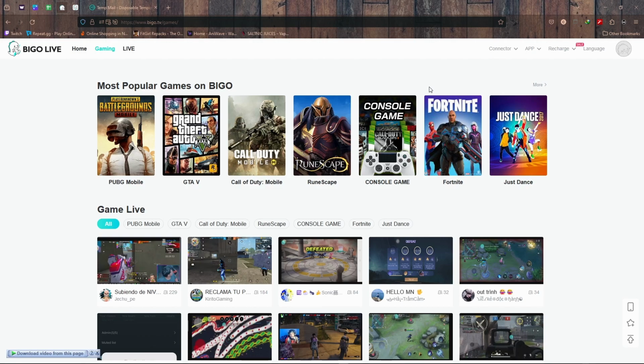So that's edit profile. Just scroll down until you reach the Bigo ID or user ID. Just tap on it and change it as you like, and that's how you change your